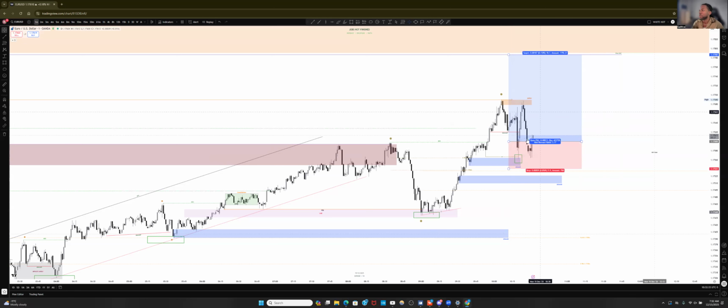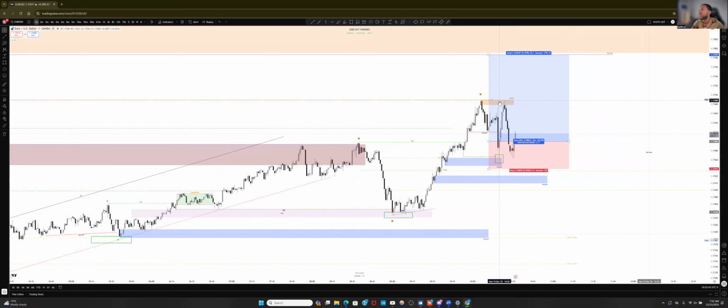And now we're getting this push to the downside, which I believe might have just been an invitation for early sellers who are thinking sellers are now in control. But I do believe perhaps buyers are still in control because of this inducement. It led up here, took the highs of this zone, then we came back and didn't take the low. So perhaps price could still come back up and take the equal high and turn this into a smart money trap.